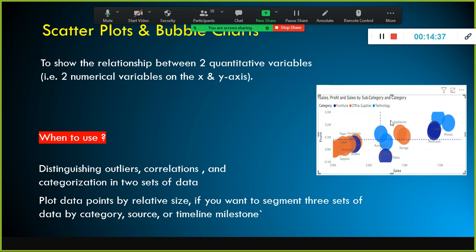And also we have various options available in Power BI in order to understand in detail, to get different perspectives about my data.